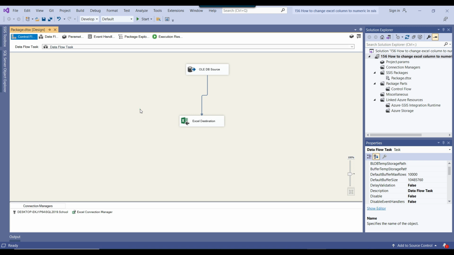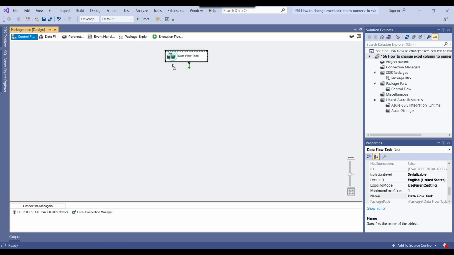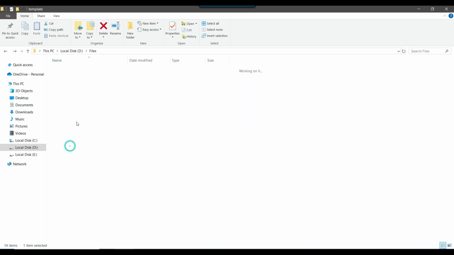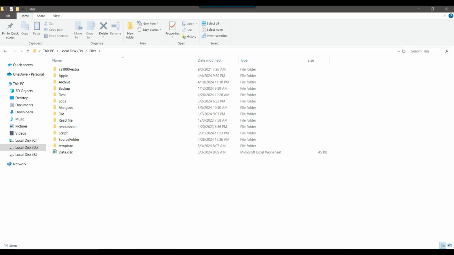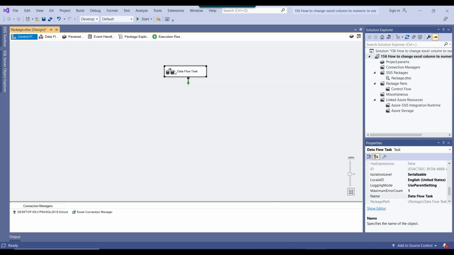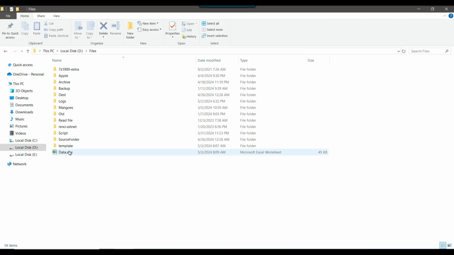What I want is that the package should initially copy the template file every time from here. It can copy the template file to this location, then do the export of data, and after the export, it can fix column A and column E, regenerate the new file, and after regenerating, it should rename the new file with the name of the old file, so that you will find your final file here.